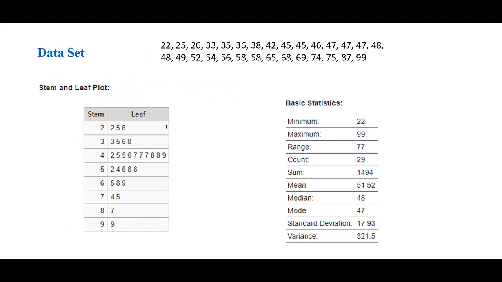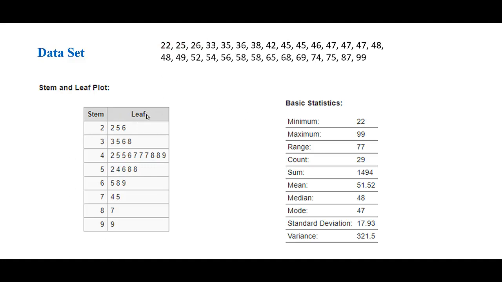This is our stem and leaf diagram which we have constructed using this given data. And these are the stems. Basically these stems are the tens place and these leaves are the unit place. So for 22, its tens place is 2, which is written in the stem, and 2 is the unit that appeared here. The next number is 25, the tens place is 2 and the unit place is 5, so 5 is over here. Similarly 26, and in the same way we will construct this whole stem and leaf diagram.